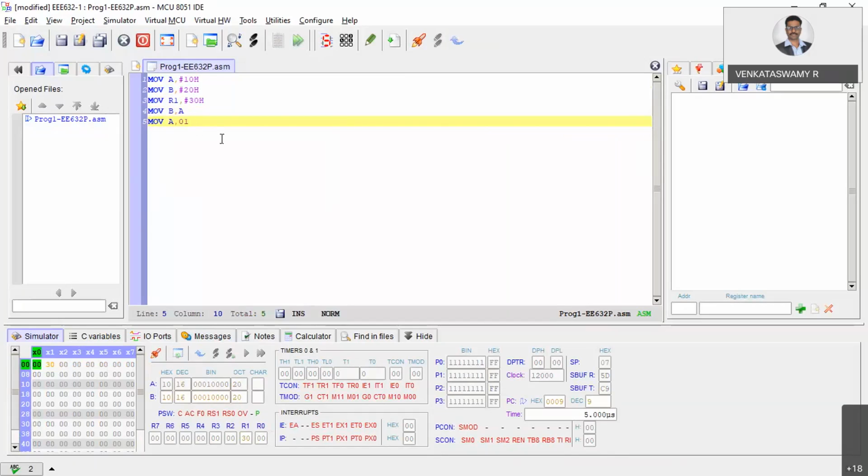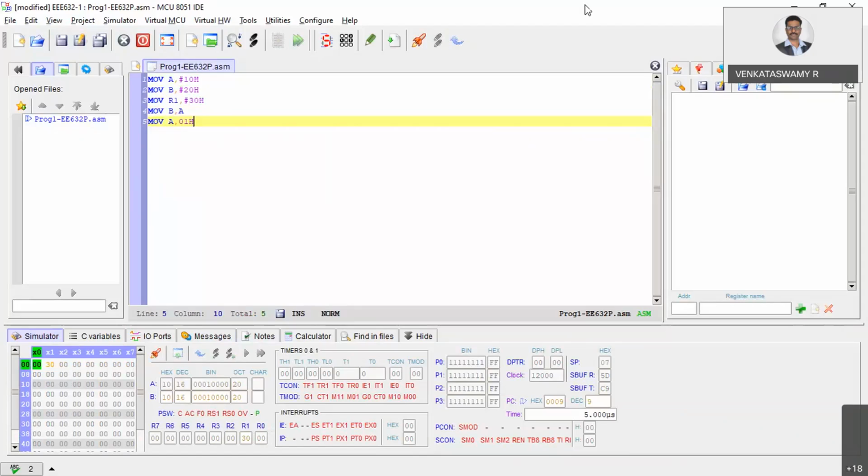Move A comma #10H will copy 10 to accumulator. What may move A comma 01H do? Just guess. Can anybody put it in the chat box? Of course, it will erase. Very good guess, it will erase.